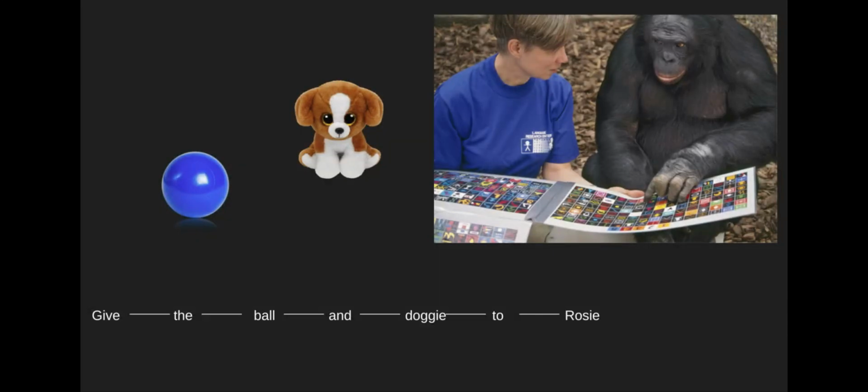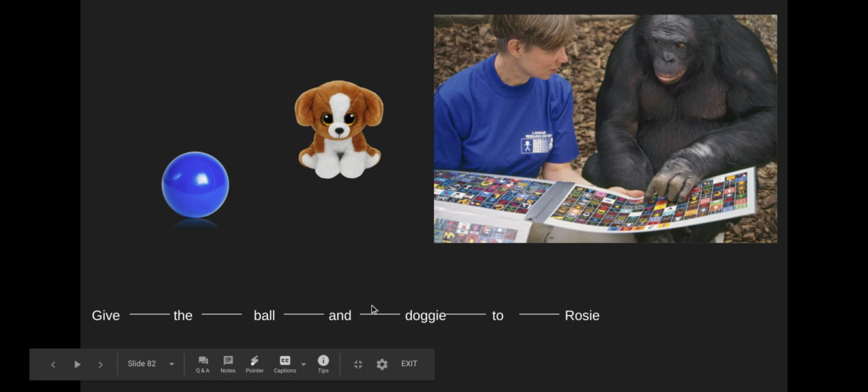And so the explanation is that Kanzi understands the meanings of each of these words individually, but he's not imposing any interesting kind of structure on them. He's just stringing them together in a straight line, the way they come out. So he knows you want me to give something to Rosie, but sometimes maybe I'll just give her the ball, maybe sometimes I'll just give her the doggy, but he can't consistently understand that it's both the ball and the doggy. Whereas a little baby, you give them this sentence, boom, they know exactly what you're talking about,